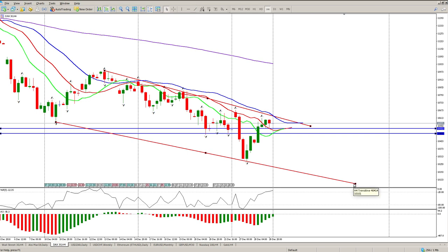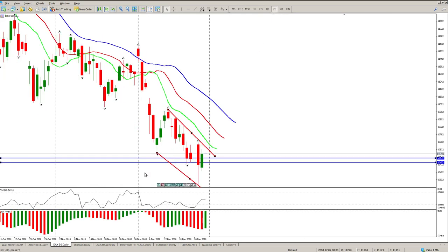Okay, so that's it for me today. Hope it helps somewhat. The trend is down, so the safe trade is trading with the trend. If it does stop you out, then rather just wait and see what happens for the next step, because if we look at the daily, we are kind of in uncharted territory.